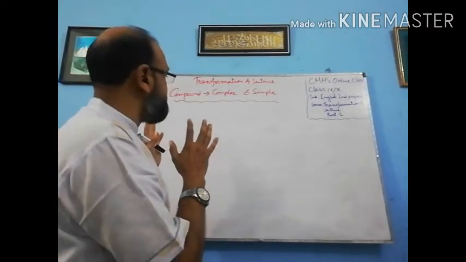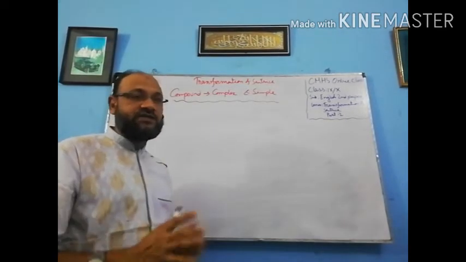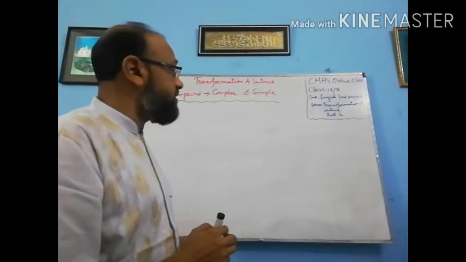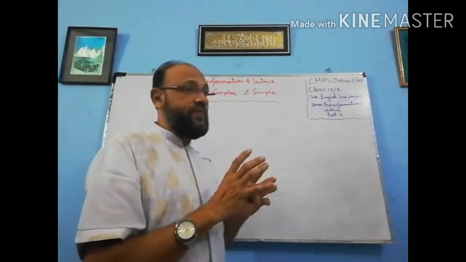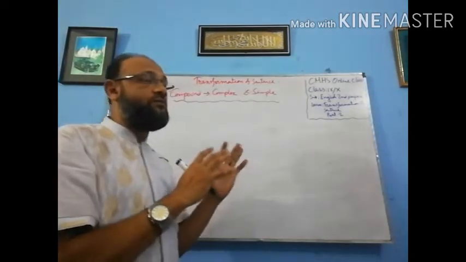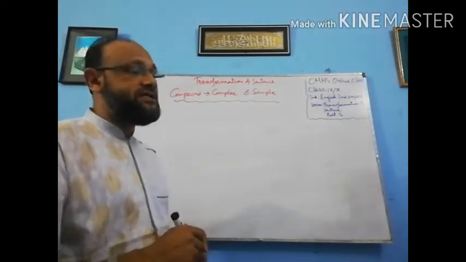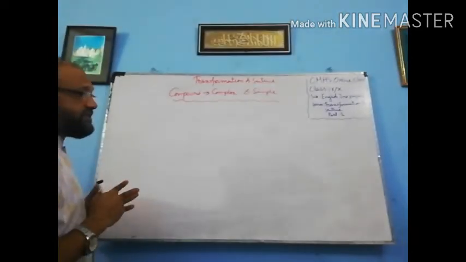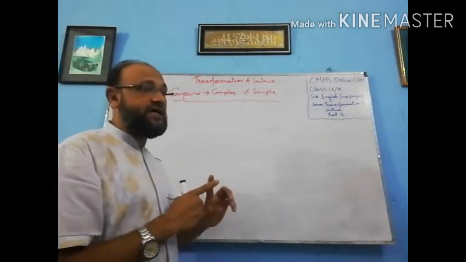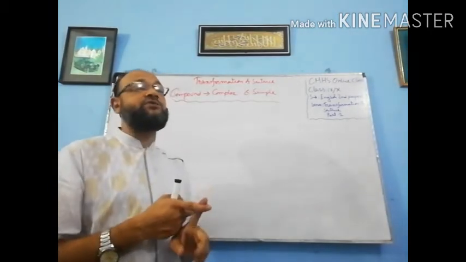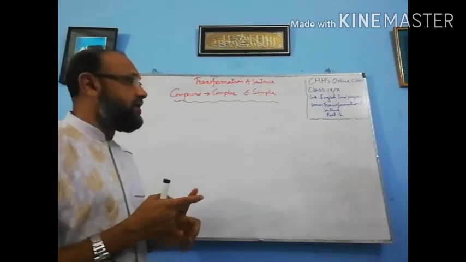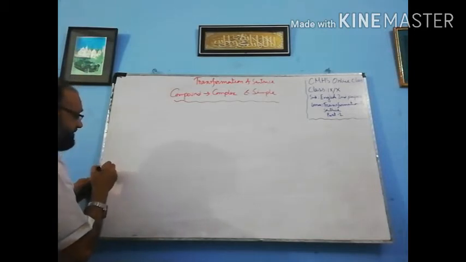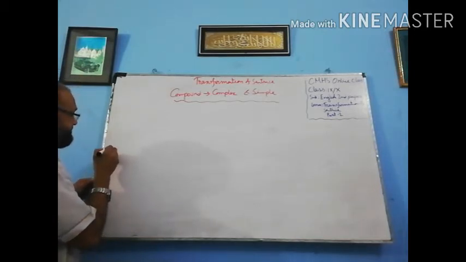And what are simple, complex and compound sentences? In our previous class we discussed their definitions and how to identify them, and today we will discuss how to transform a compound sentence into a complex and a simple one. Okay, so let's start. Dear students, as you know, a compound sentence is a sentence having two principal clauses connected with a coordinating conjunction like and, but, or. So if you can see a compound sentence,